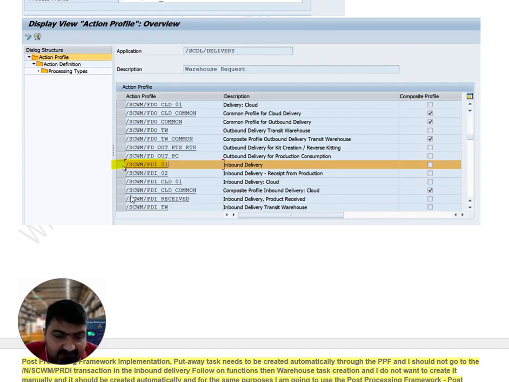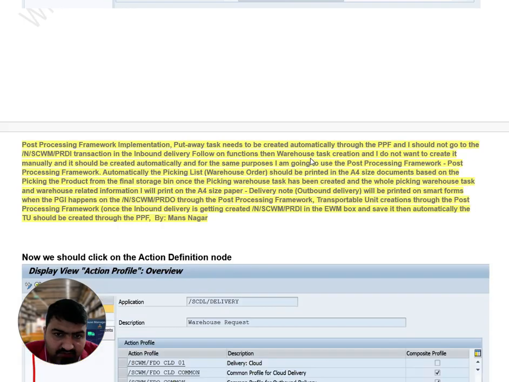Why? I will tell you why the system has SCWM here and why before that it had SCDL. Because the system knows we are going to work with this inbound delivery triggered on the EWM side, the warehouse management EWM side. Okay, so SCWM PDI01 inbound delivery.